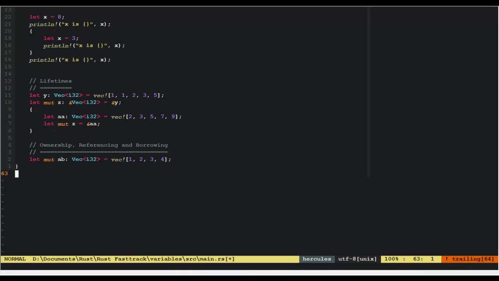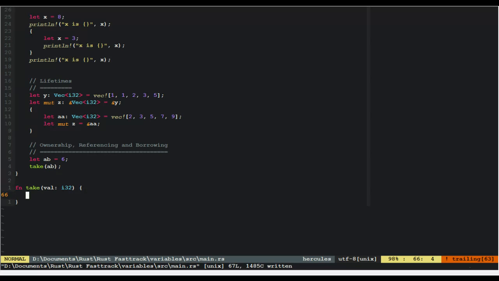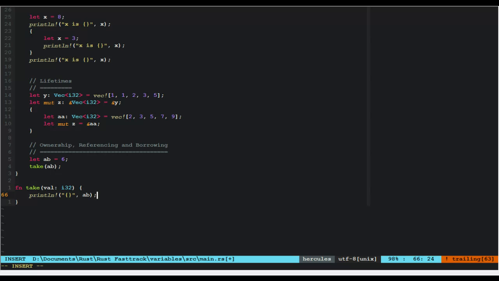Let's do something that you probably won't expect. Let's write a function called take. That's just going to take an I32 now. So let's, I forget what we're on now. We're still on AB equal 6. And now you're going to look at this and you're going to say, okay, well when we call take, this is going to transfer ownership because there's nothing here. So let's just say take AB. And I'm just going to say down here, all we're going to do is have a quick look at what's in there. So now if we run this,